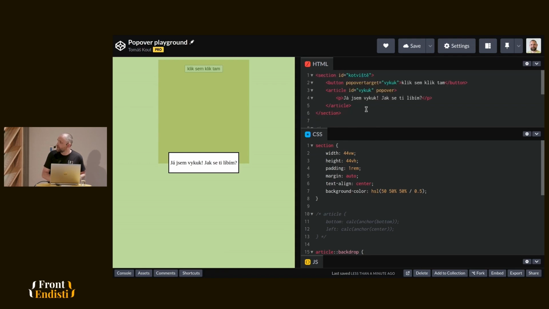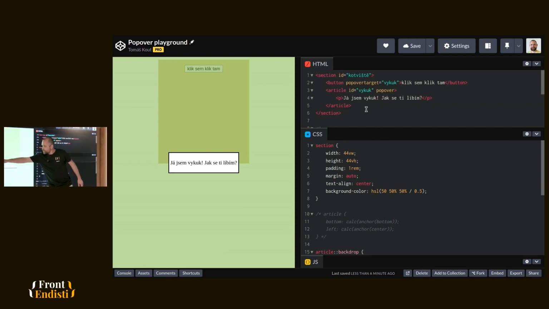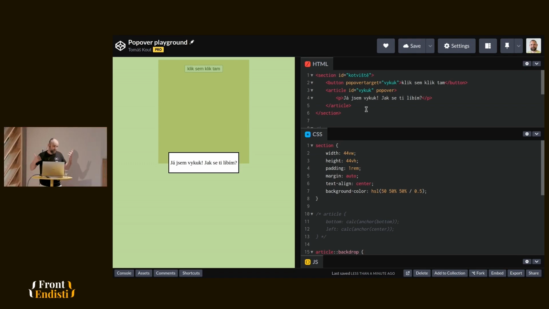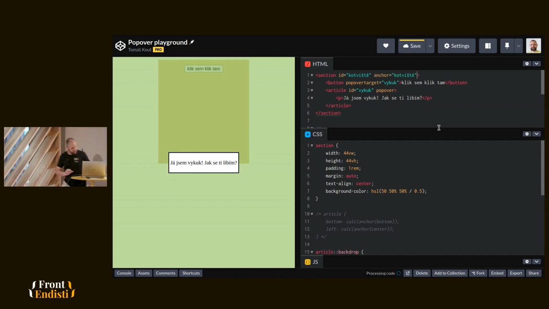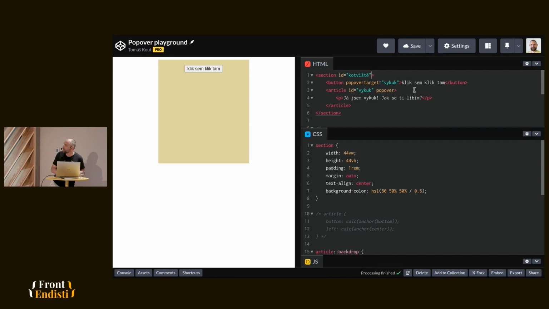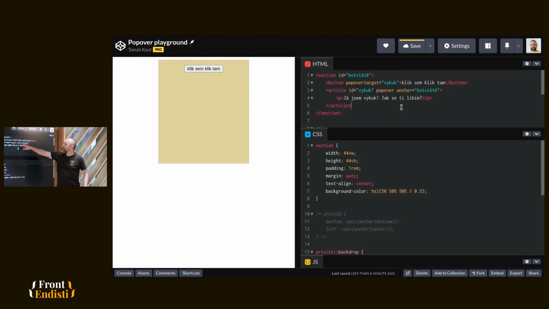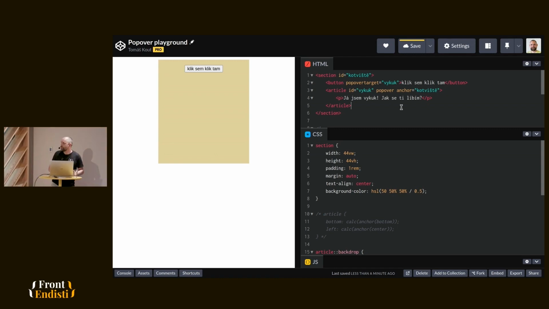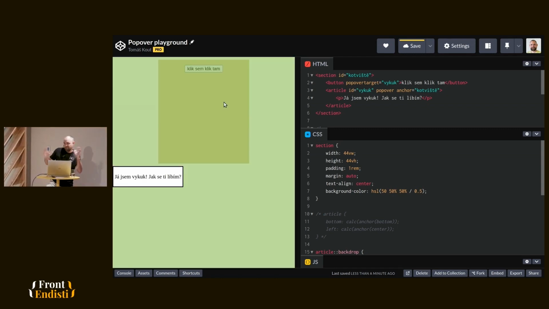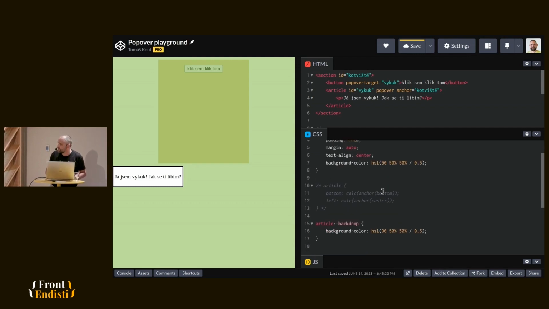So, at the moment, the Popover is positioned, basically you can imagine like position fixed. So it's centered on the page, on the viewport. But if you want to, which is logical for Popovers, relate it to some element, again, wrong position, not here, but here. Yes, this new attribute, anchor, again, the value must match the ID of the element I want to relate it to. So now it will be, interestingly, misaligned. And we have this special new stuff in CSS.